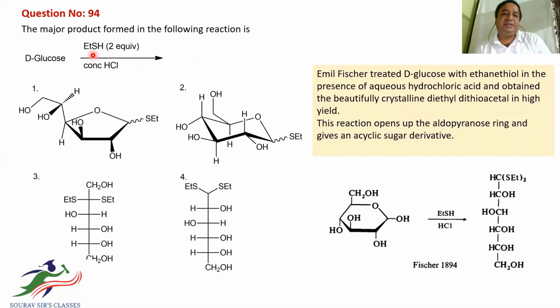Now the difference between ethanethiol and ethanol: ethanol will not break the ring, but ethanethiol will attack the aldopyranose ring and break it up to form the acyclic sugar unit. So that is the difference between a thiol and an alcohol when you do the reaction in presence of concentrated HCl. So this is the product. If you match the products, we will say 4 is the answer over here. For the next,